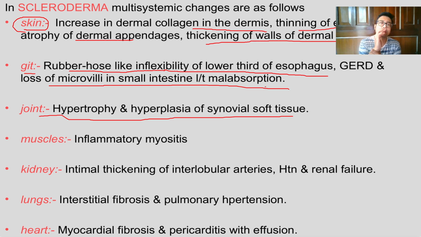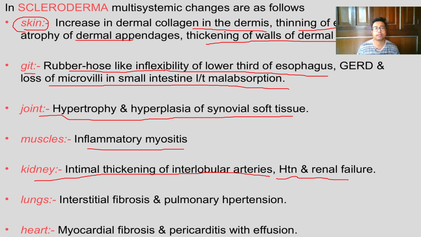The hand will become immobile. The patient will not be able to move his hand because there will be synovial hypertrophy and hyperplasia. There will be muscle pain due to inflammatory myositis, thickening of interlobular arteries in the kidney, hypertension, and renal failure. Very important. You just need to remember, in any connective tissue disorder, especially in mixed connective tissue disorder,